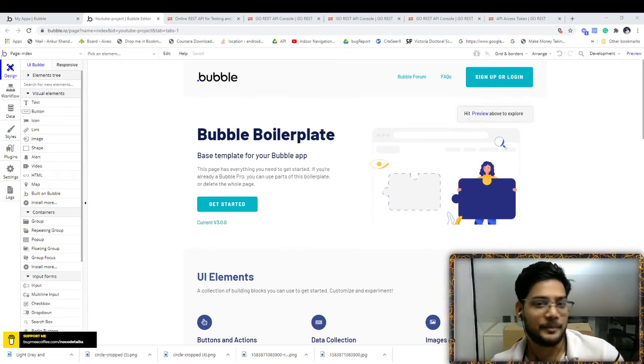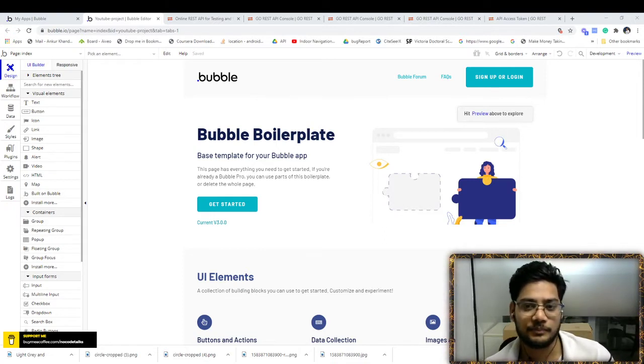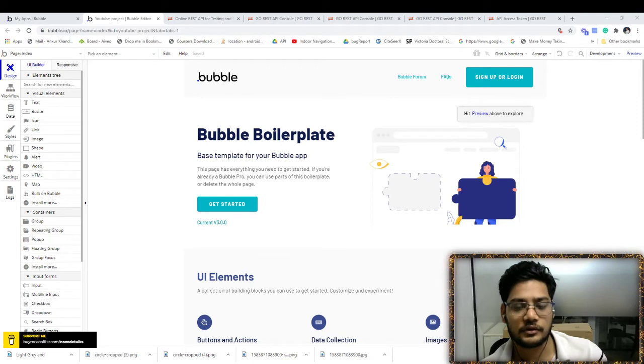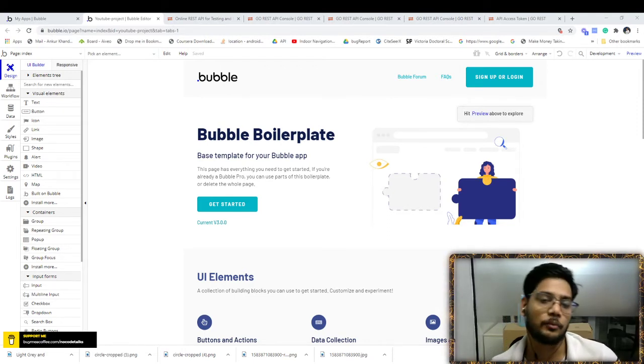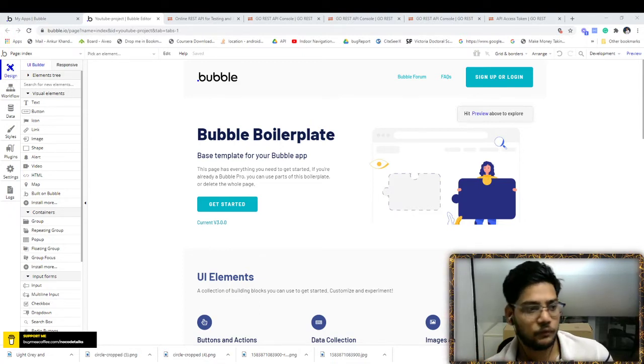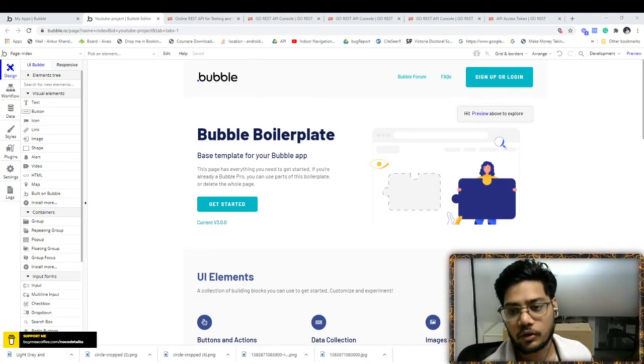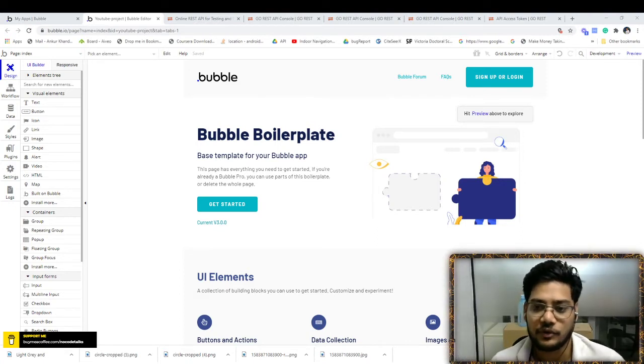And next is the patch API. As you understand from the word, patch means patch. Patch is something where you update one or two keywords, a small load. For example, if you need to change just a password, you just use a patch. You will not use a put. Put is basically used for a lot of customization. For example, there's a user profile and you have to change a lot of things, 30 to 40 parameters, so you will use the put. But if you need to change only one or two parameters, you will just use a patch.